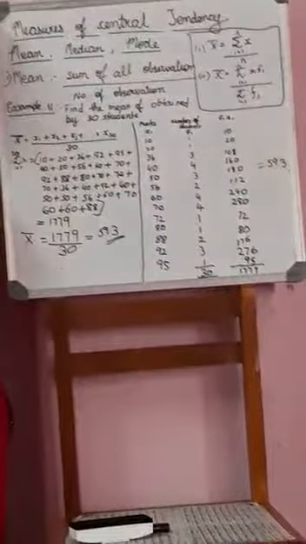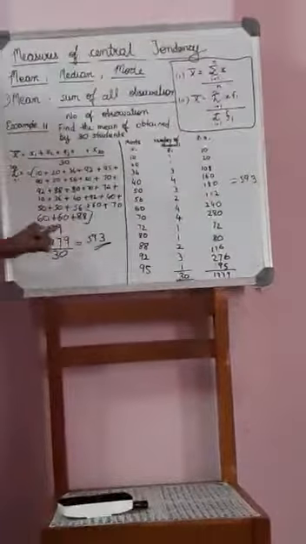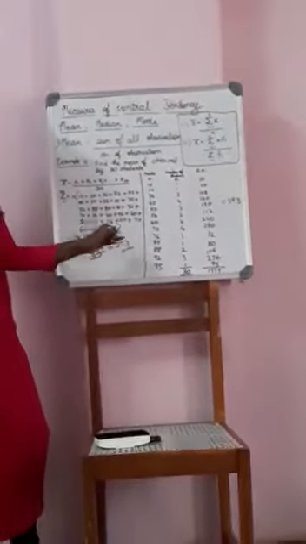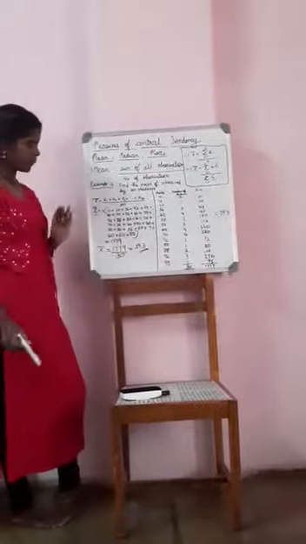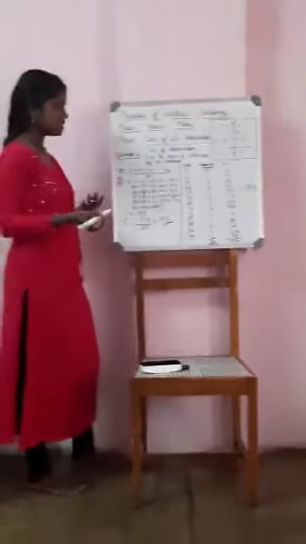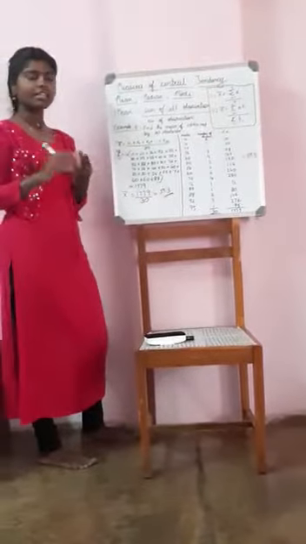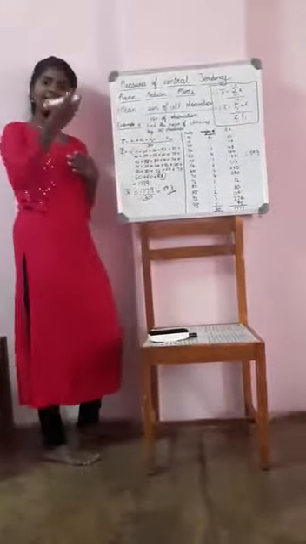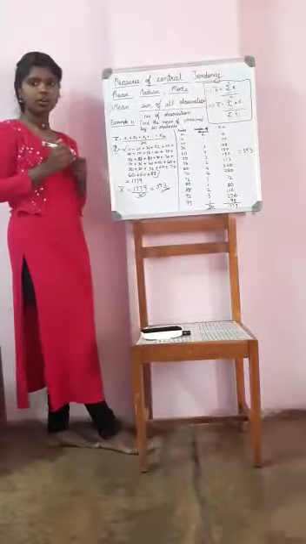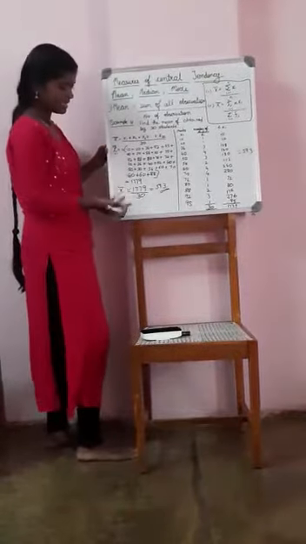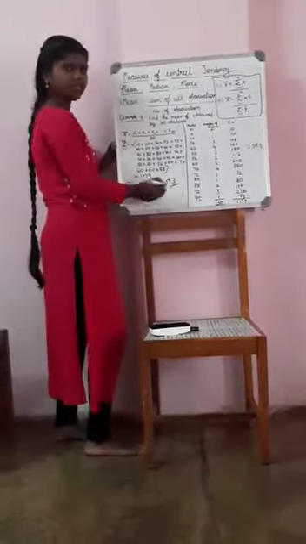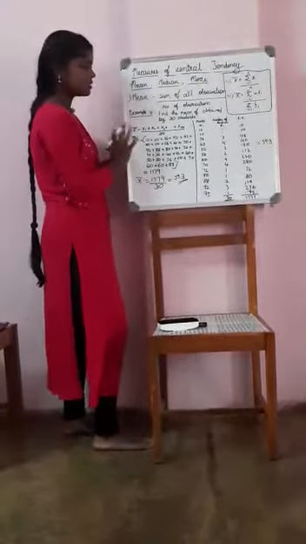Now to find the average of these marks, as I told you before, I will take the sum of all the observations and divide them by the number of observations. Here I am going to take the sum of all the marks of 30 students and divide that by 30. It was a long process. If it is 4 or 5, 6 students, it will be easy for you to count and divide. Now when it is 30 students, you have to add the entire thing and divide by 30. It takes time. And the answer is 59.3 is the mean of these 30 students.